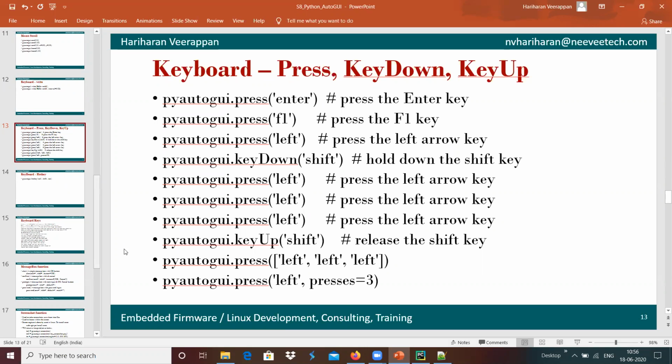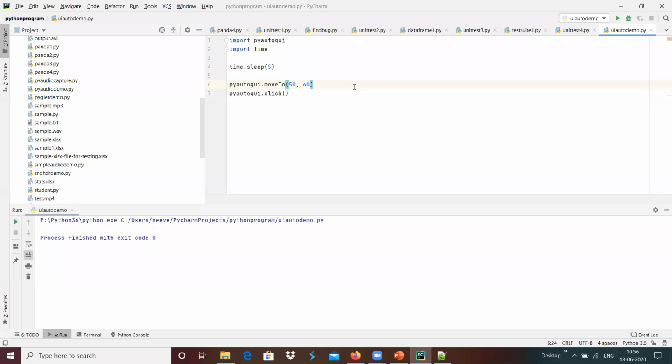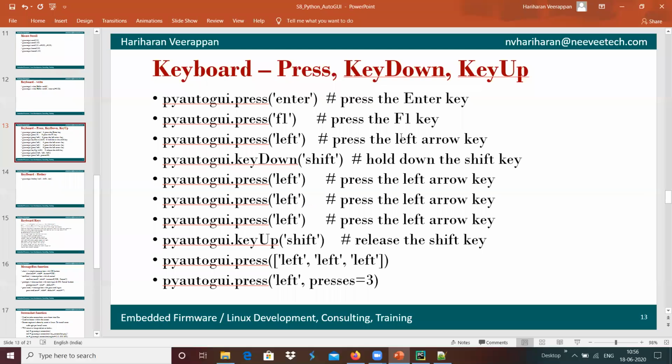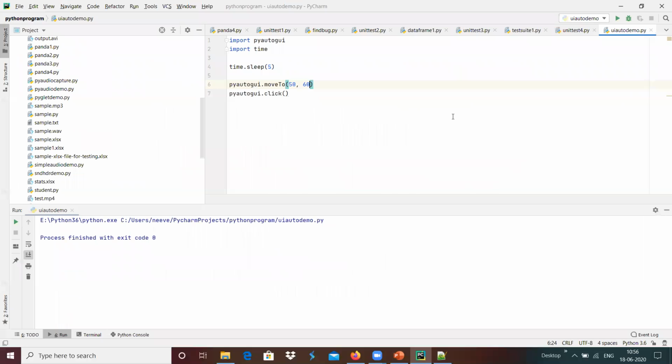For example, I'm going to use maybe here we wanted to come over here, and something like a mouse click, and then it has to generate the enter over here.